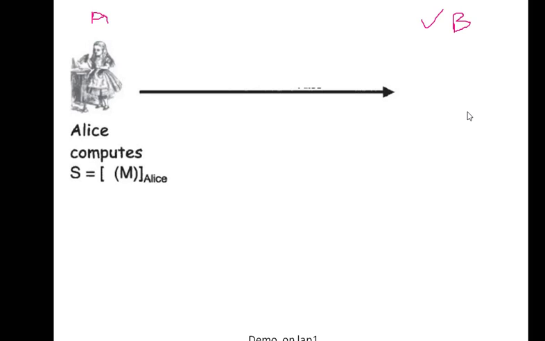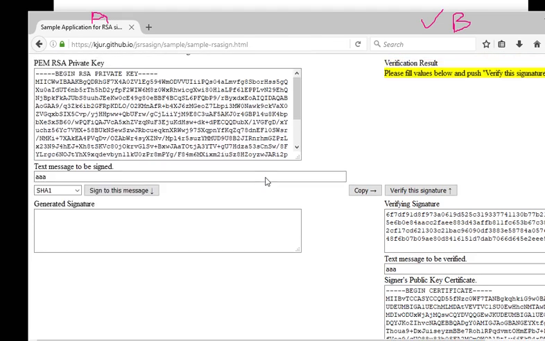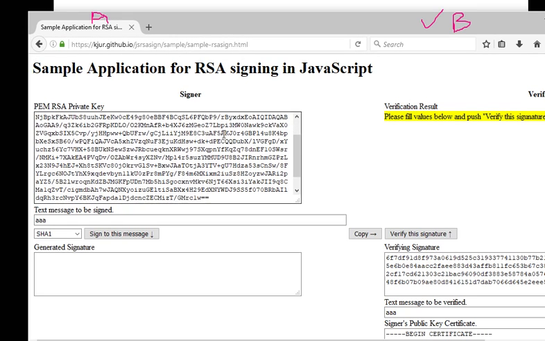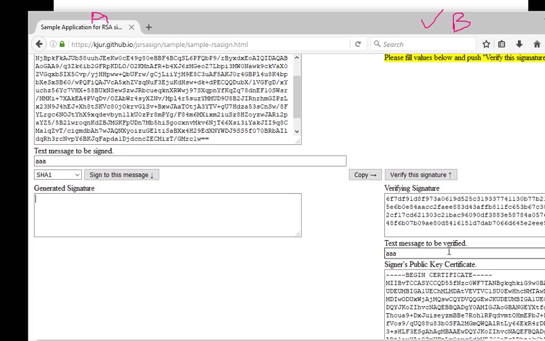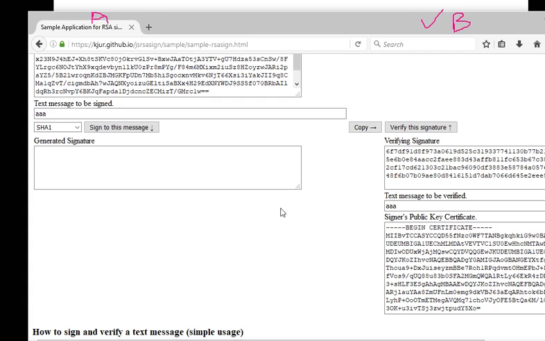Another one. Before going to discuss this scenario, let's see how this digital signature will work. So this is my sample example. I am referring to this website. Here the private key and public key, both keys are here.